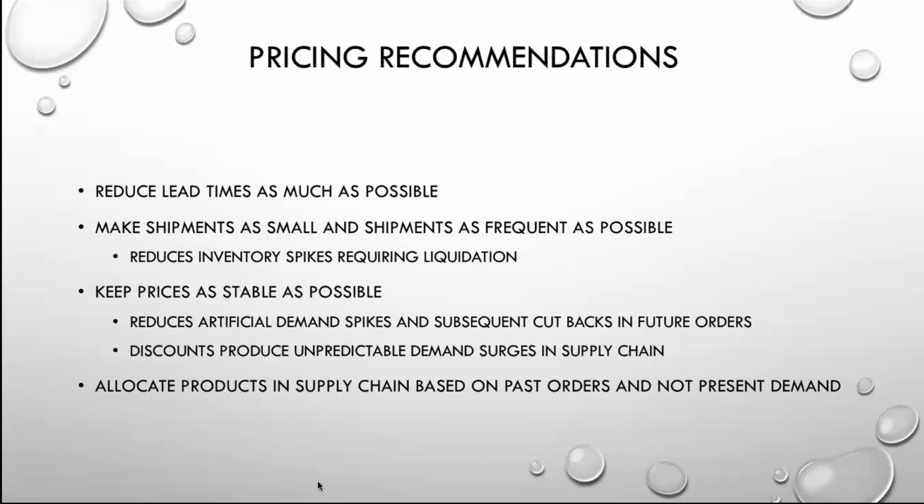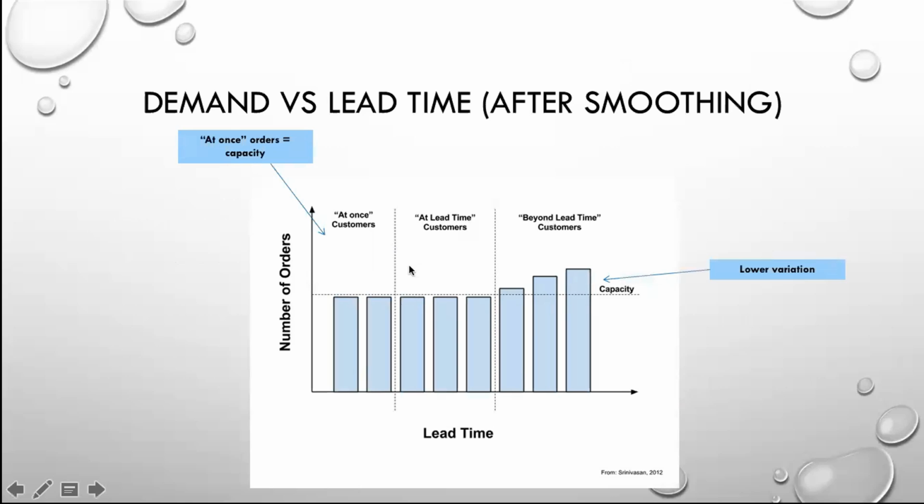So for pricing recommendations, this is part of those pricing strategies that you can use in conjunction with your demand smoothing strategy. So reduce lead times as much as possible. Obviously, sometimes you do demand smoothing as a means to smooth out demand in the short term to give you a chance to increase capacity. So you want to both increase capacity and reduce lead times of the products going out. That's important. And what that does is that actually shifts your graph. If I go back to this, reducing lead times actually shifts